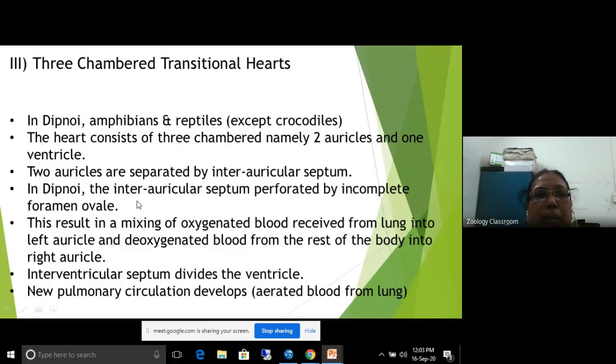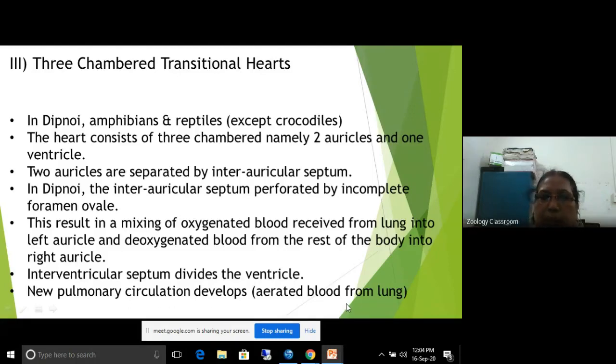In dipnoi, the interauricular septum is perforated by an incomplete foramen ovale, and this results in a mixing of oxygenated blood received from lung into the left auricle, and deoxygenated blood from the rest of the body into the right auricle. So the interventricular septum also divides the ventricle, and in the dipnoi a new pulmonary circulation develops for aerated blood